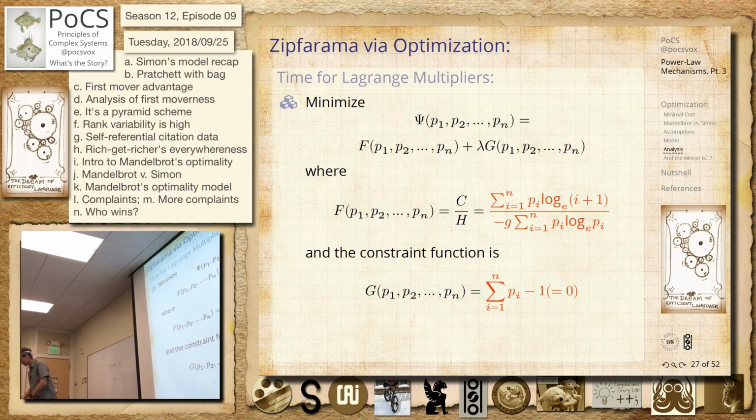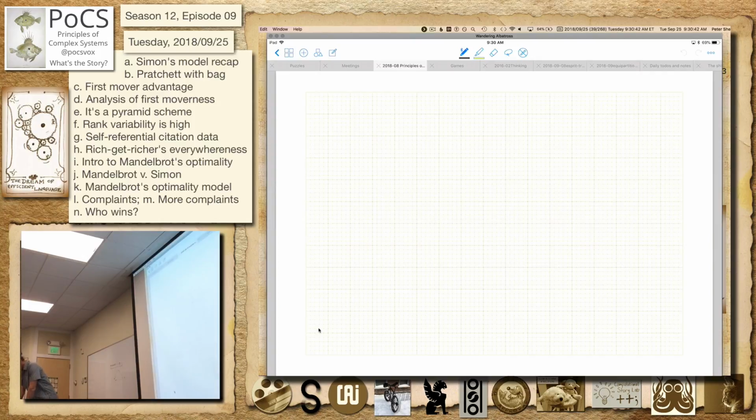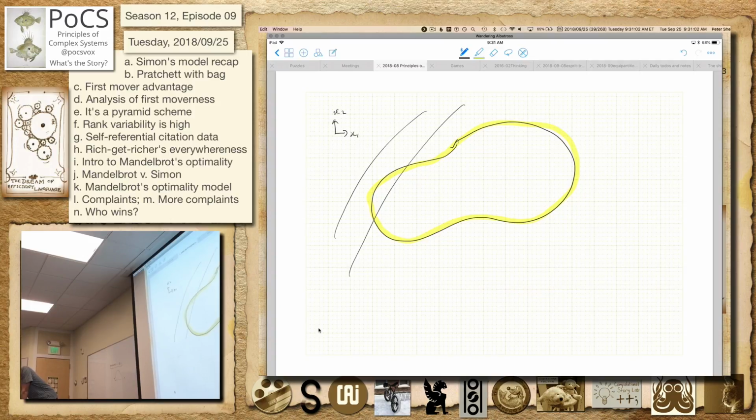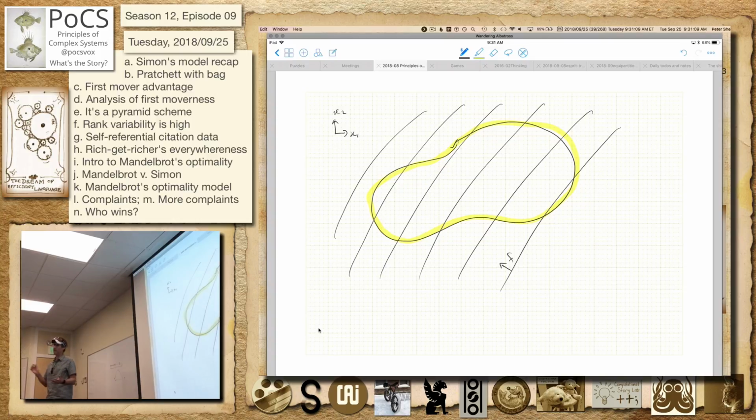I guess I can do it on this. Yeah. So you're going to say, here's some constraint, right? So my variables, you have to be somewhere on this path. And then there's some function on this space. You imagine contours of this function, right? So f increases this way, and it could be just terrain, right? So imagine this is a path around a mountain, or on part of the landscape, and the mountain's going up this way, right? So you're allowed to be on this path, and you want to find the maximum of this function such that